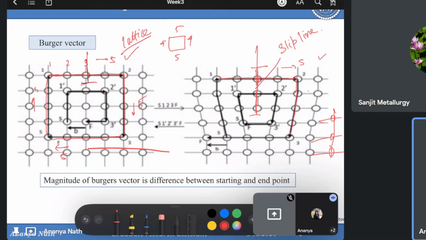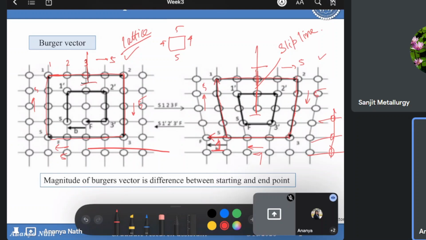So 1, 2, 3, 4, 5, so 5 atoms in this direction. Now we have to take again a 90-degree rotation, and here in this direction there are 4 atoms. In this direction there are 5 atoms. So you can see, for a count of 5 in this direction, you are supposed to move in this direction by 1 atom. Okay, so there is some value in between these two atoms, the interstitial distance or the interatomic distance, that